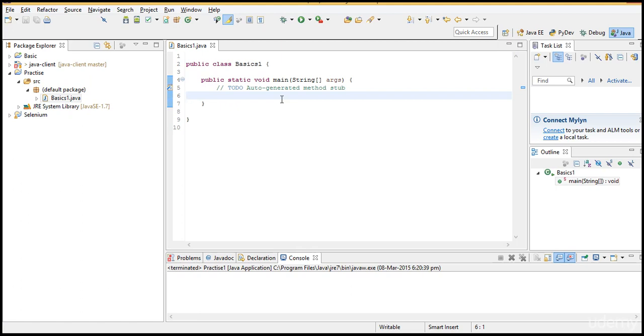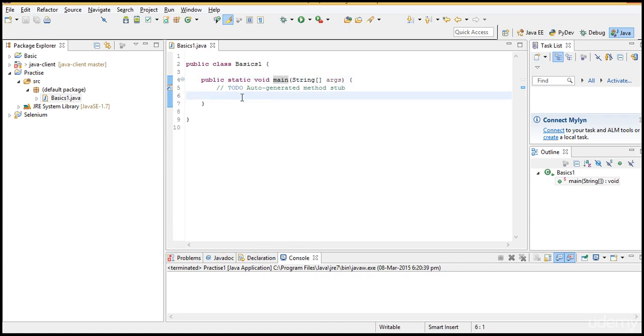Now, what are these keywords which are highlighted in some other color apart from basics and main? And what is this public static void main? Okay, so basically these pink highlighted words are keywords of Java. So these are Java keywords and you cannot use them in your method names. Fine. And here, what is this main?